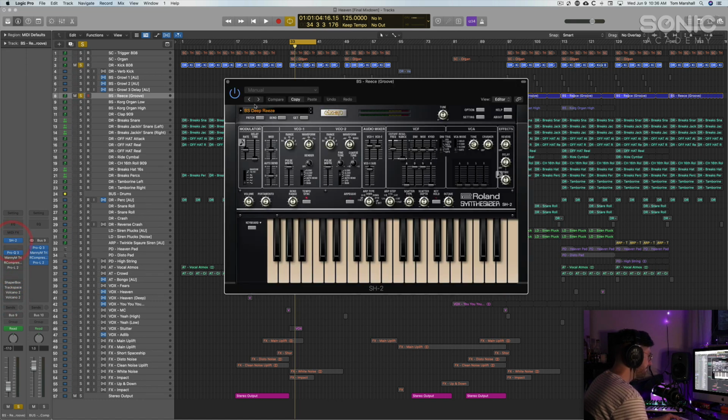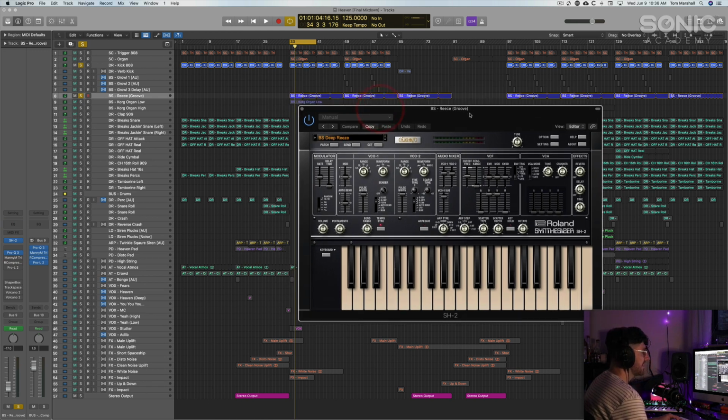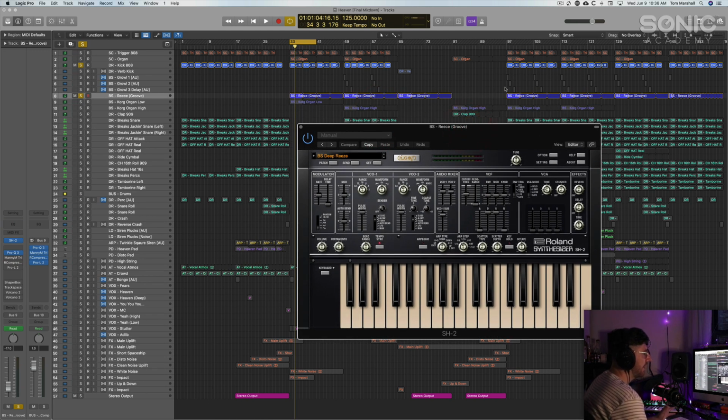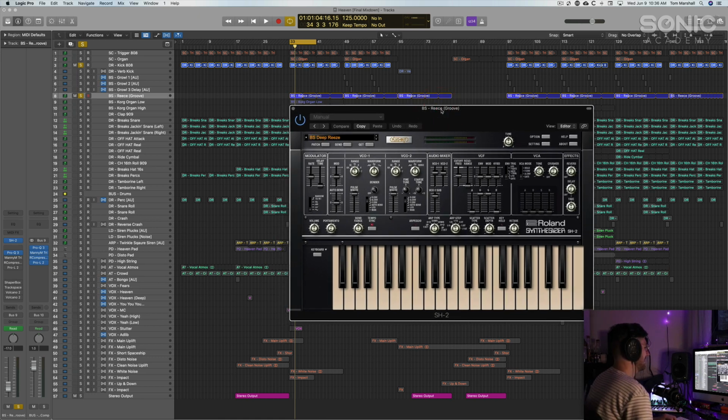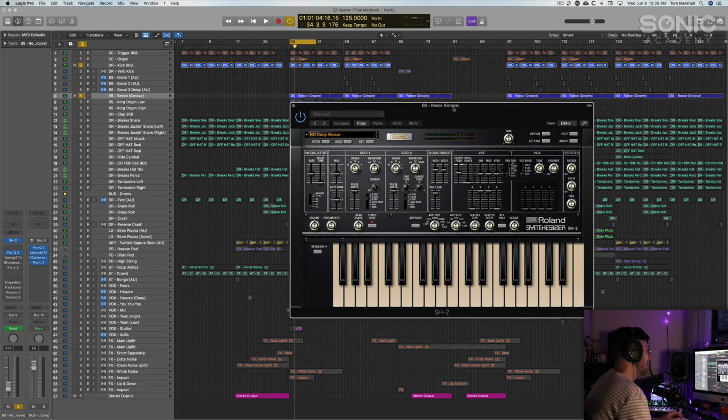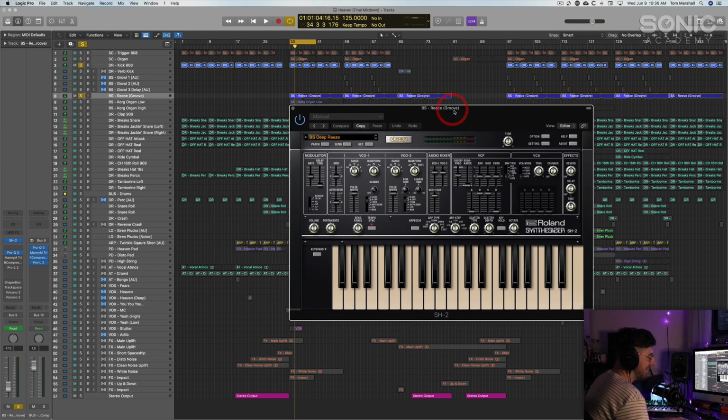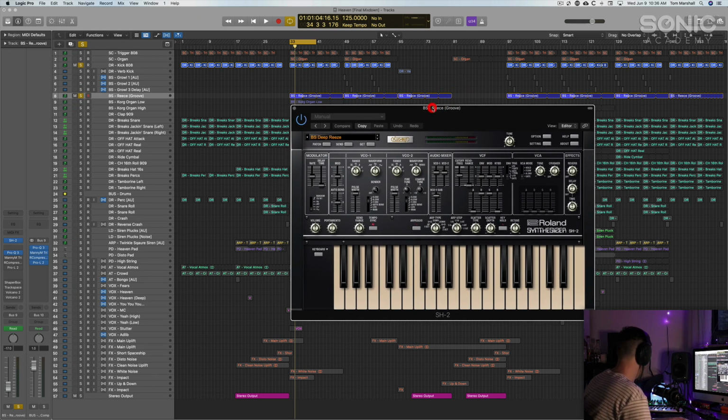Bassline comes from Roland's SH-2. I'm using the Roland Cloud subscription thing at the moment. Big fan of all of the Roland Cloud, the old legendary synths, and I just love how easy they are to use. You can control every element, every knob, everything, using the System 1 or the System 8, if you've got either of those. So I can control like the Jupiter 8 or the Juno 106,